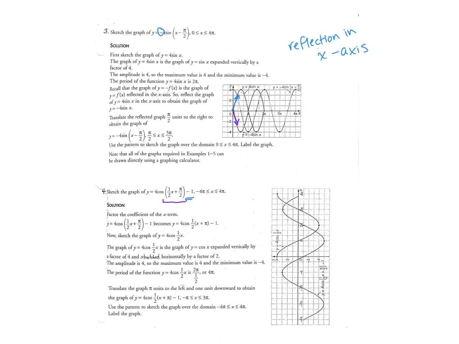The 1/2, that k value or stretch factor, has to be applied to everything in the function in order to have our phase shift. So what I need to do is make sure that I common factor that out of each of those terms again, so that the 1/2 is being applied to all parts inside of our angle in order for me to have that phase shift. So when I common factor out that 1/2,